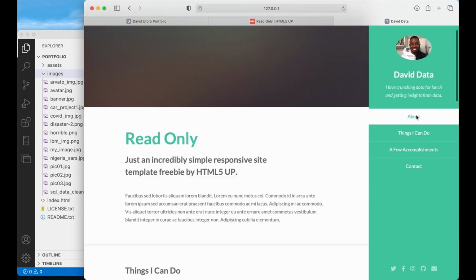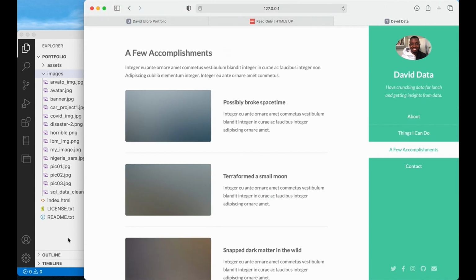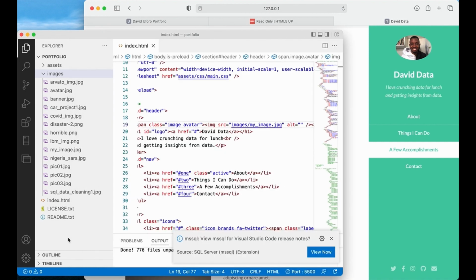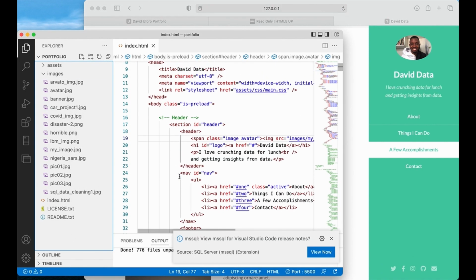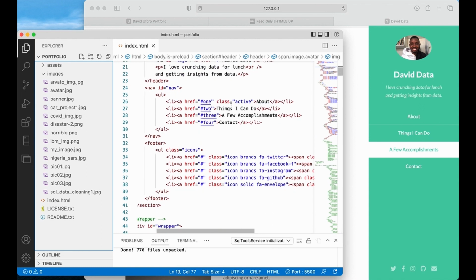So do I want to leave the about? Okay, yeah, so I'm going to leave the about, things I do. I'm going to change a few accomplishments to my projects. So where do I have that? Okay, so as I scroll down, I can see